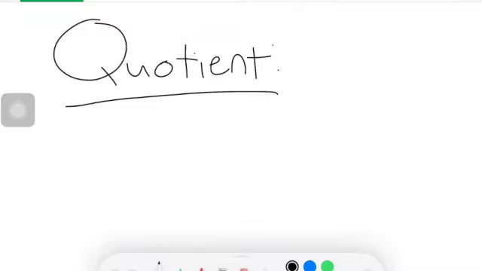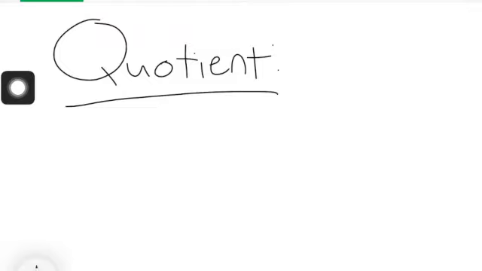And today we're going to pick up talking about division. We're going to look at division using the place value chart and place value discs. But before we get started with any of that, I want to talk about this word right here. It's a word I've mentioned before. And this word is